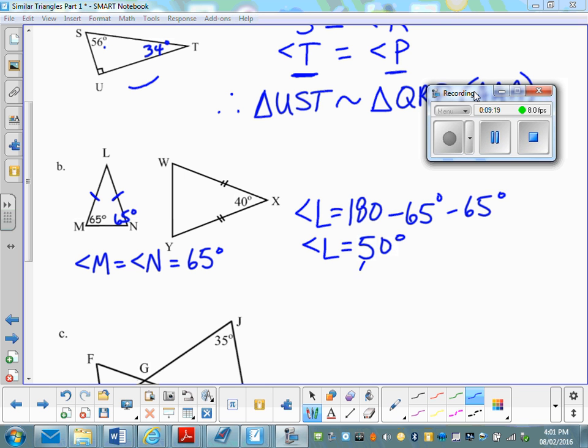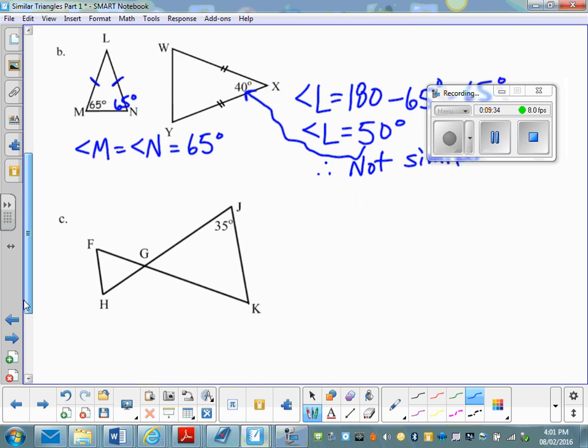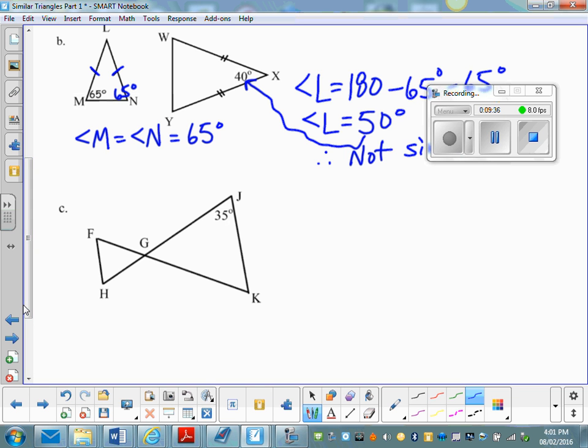But you can see we have a problem when we compare it to the other triangle. They're not the same. So therefore, we can just say that they are not similar in this case, because all the angles are not equal to each other in those two triangles. Okay, the bottom one here,